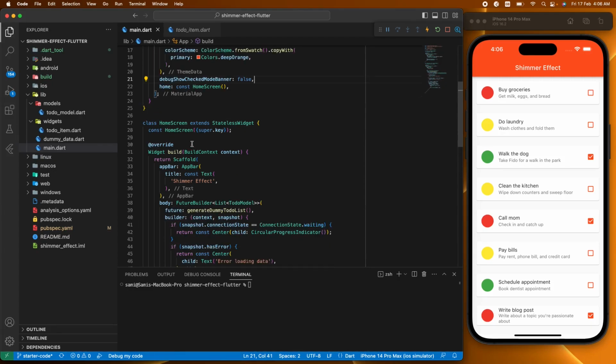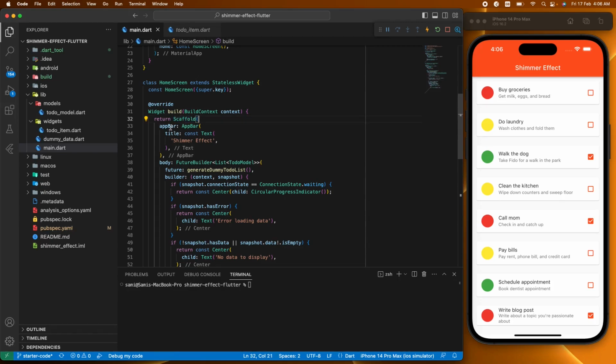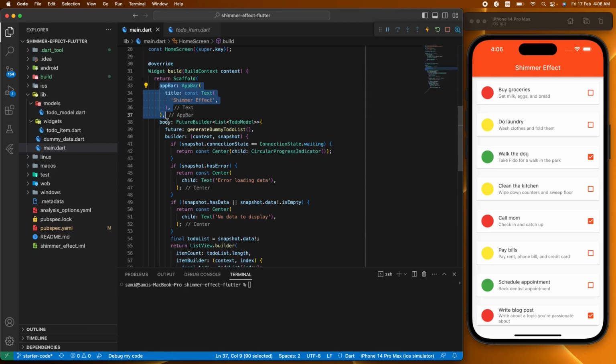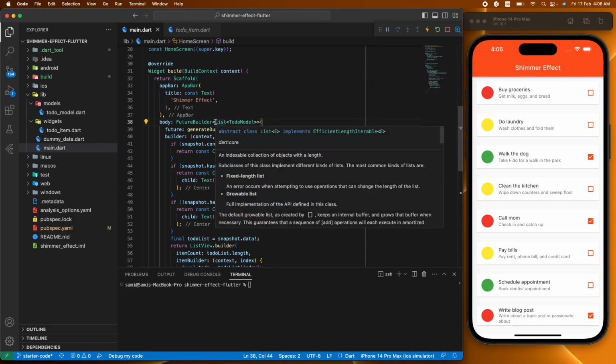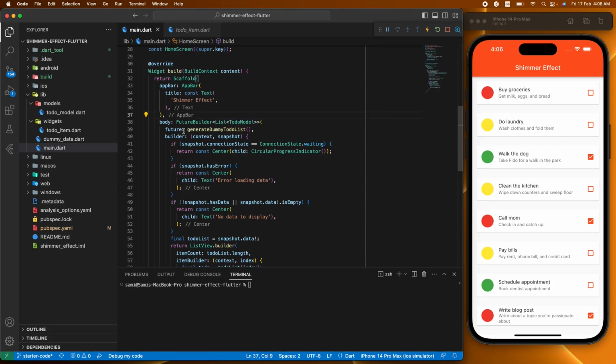In the home widget I have one scaffold, and in the scaffold I have an app bar, and I have the body. This body is going to be returning a future builder which is of type list of to-do model, and in the future argument I have passed the dummy data that is generated by this generate dummy to-do list,